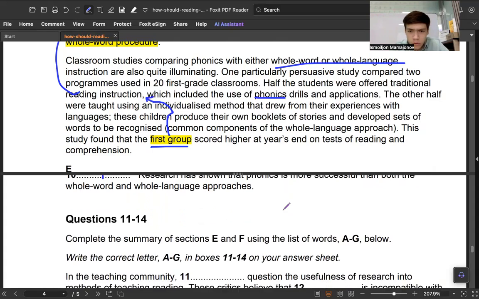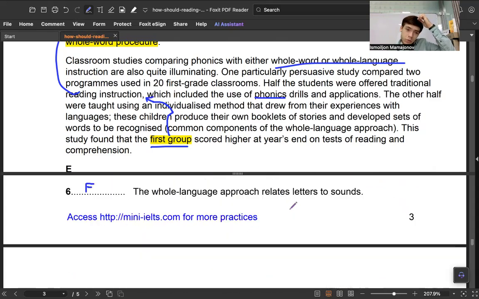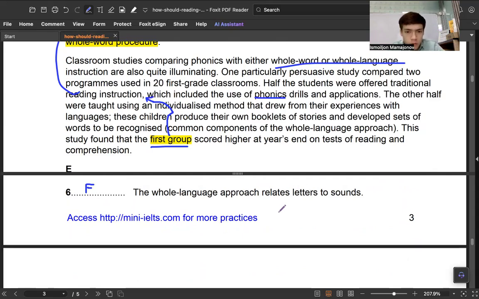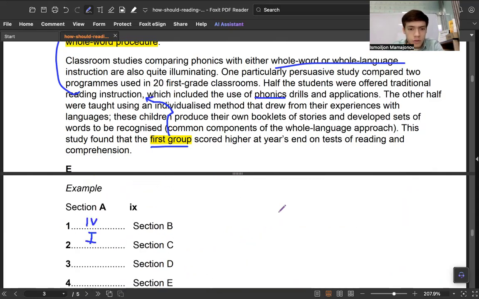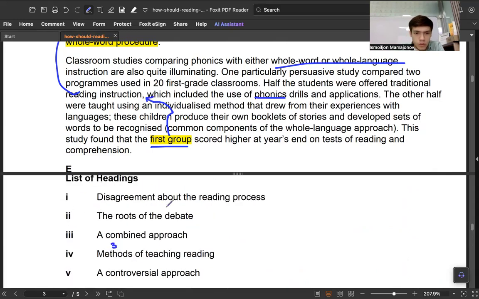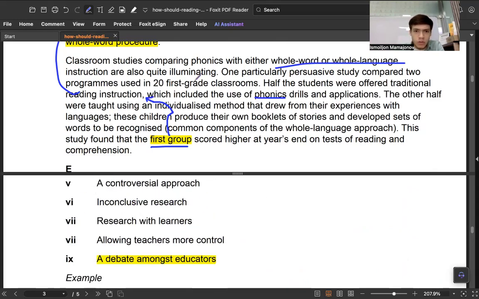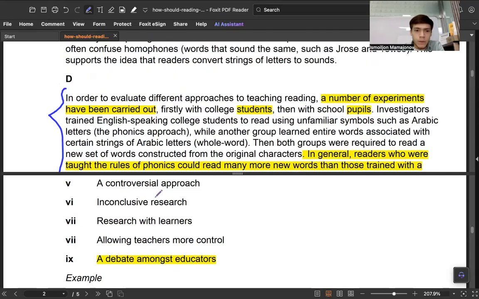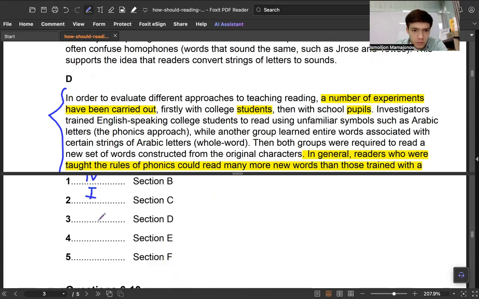You see, when you read the passage and invest more time in it, it saves time that you would otherwise spend on questions. Okay, what are the questions? Let's look at the questions. Okay, section D. D was kind of research. I think it was research. No, it was research, and the research gave results. That's how we got the answers, right? As you can see, I'm doing headings a bit later because once I do true false, it gives me a deeper understanding of the paragraph. So D should be 7. Yes.